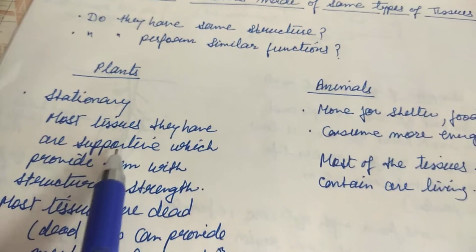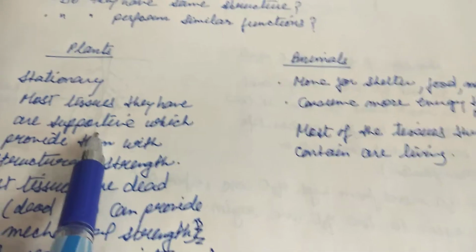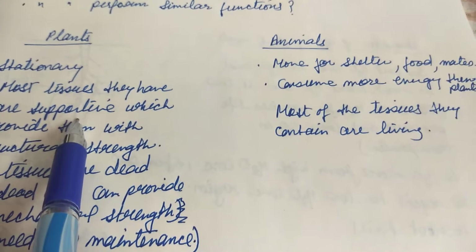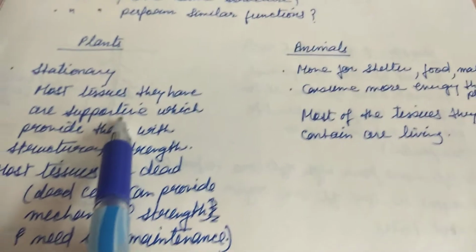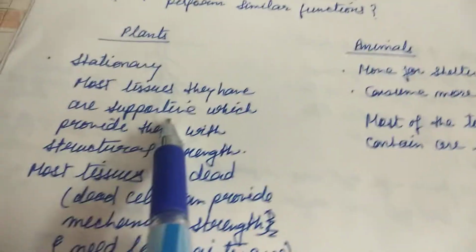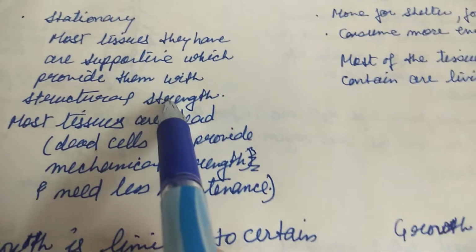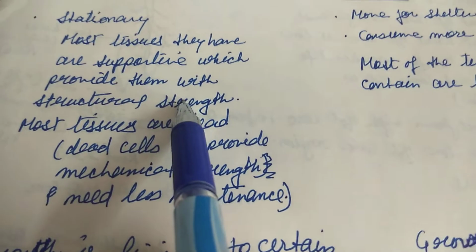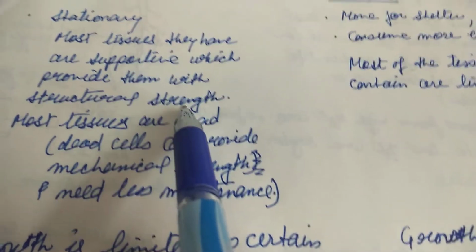They need supportive tissues, those that give support, because they stand at one place and have to suffer all the harsh conditions of the environment, right? So they need supportive tissue which provides them structural strength. They need structural strength because they remain at one place, and they have to bear all the different conditions